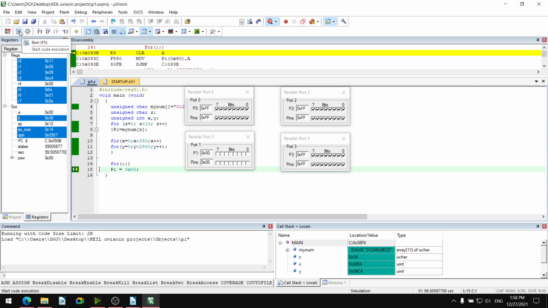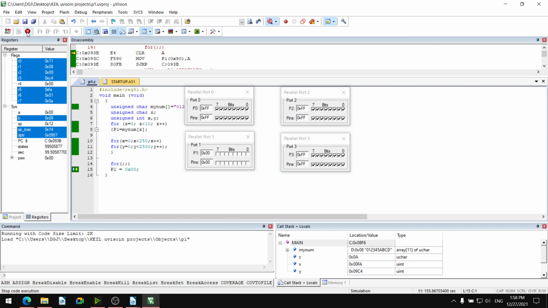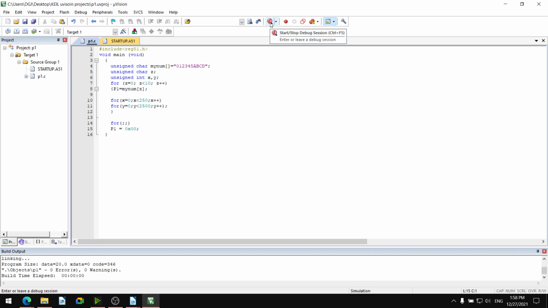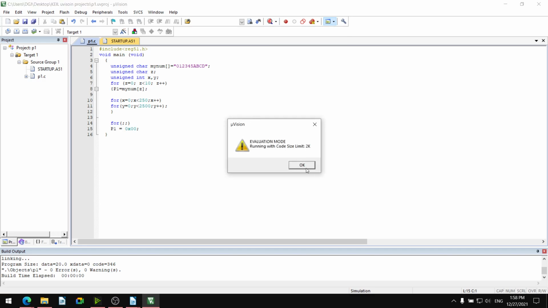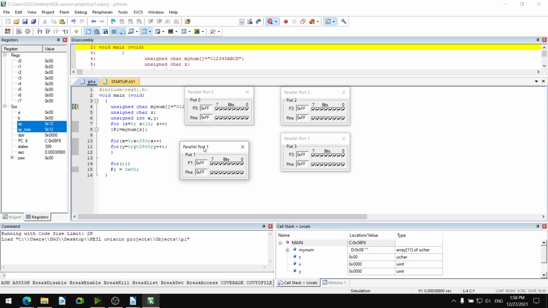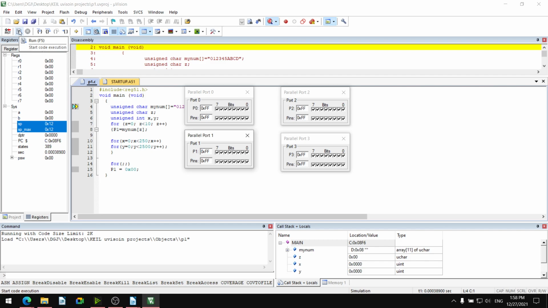Okay, you can observe this parallel port 1. There is a delay, so 10 characters will display and then it will stop.